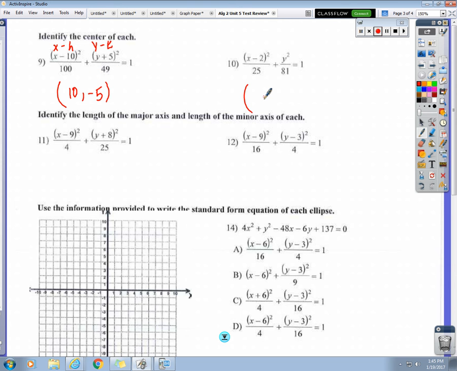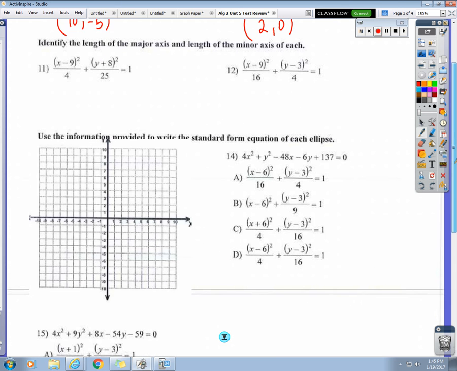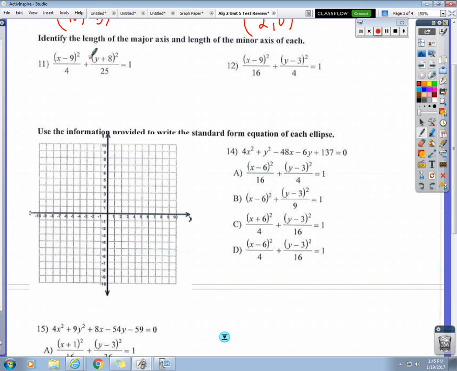Okay, so number 10, what's the center? 2, 0. Alright, identify the length of the major axis and the length of the minor axis. Okay, well, this is the way I would do this. If you want to graph it, you can, but to me, doing it this way is faster. We're going to identify the A and the B. A is always